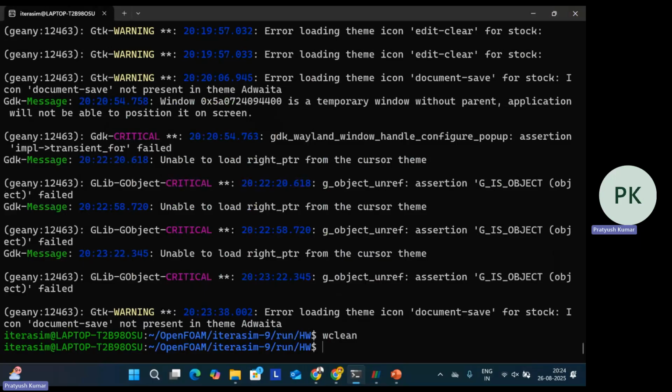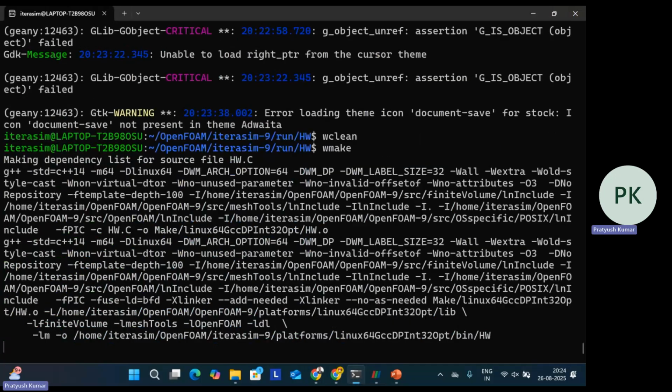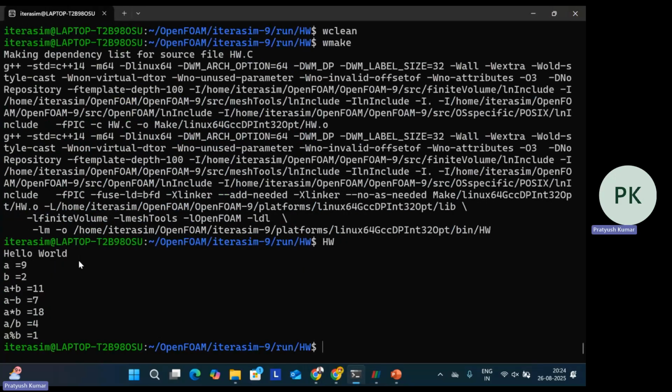Once you have typed wclean, then what you have to do next is type wmake. It will again create dependencies for the new things that we have done inside the .c file, right? Then if I type hw again, the name of the solver, it will show hello world that we have typed initially,